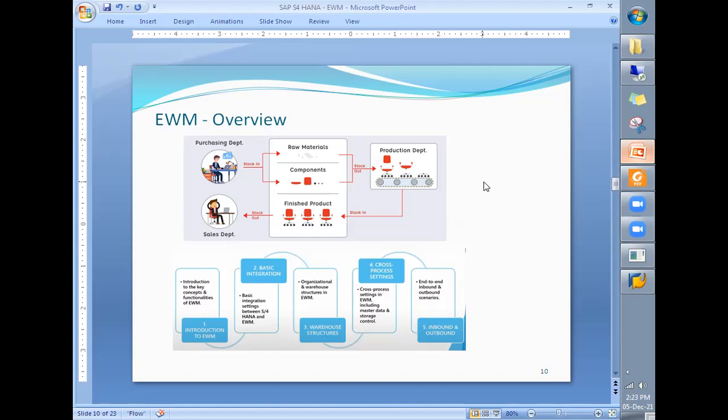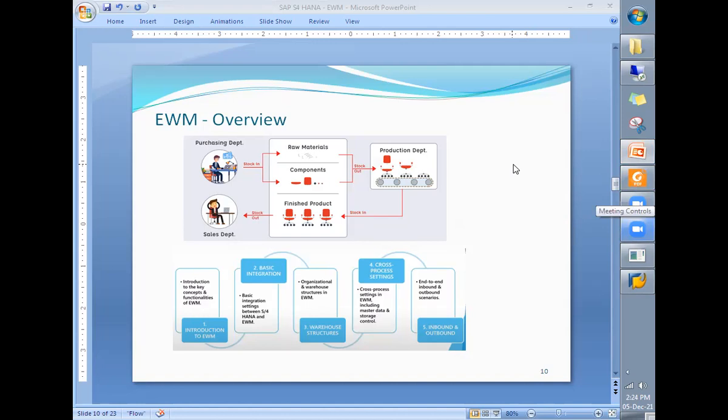In a nutshell, we can say it like this. For example, in different modules we have the procure to pay cycle in MM, and we have the order to cash cycle in SD, right? Let's assume we are working for a manufacturing company. I'm going to do some execution here as well.